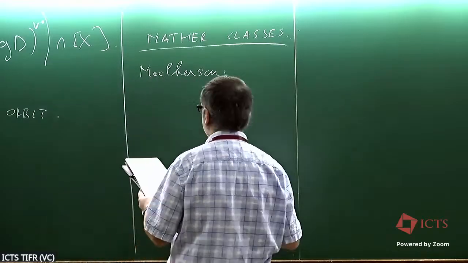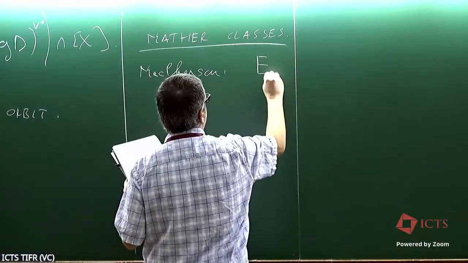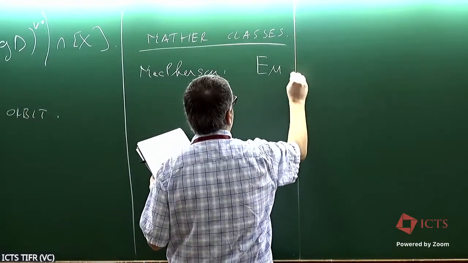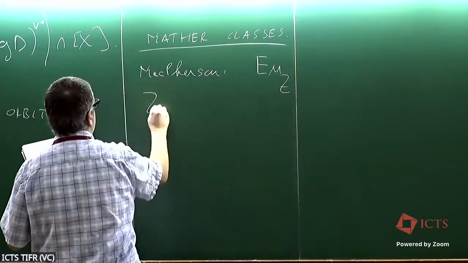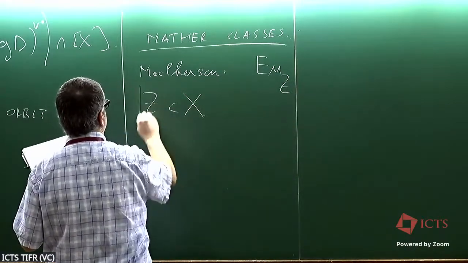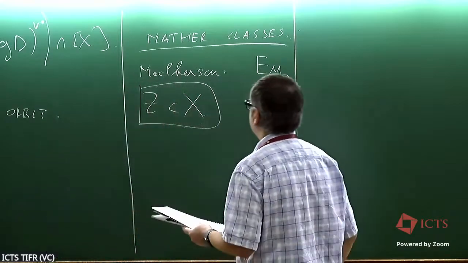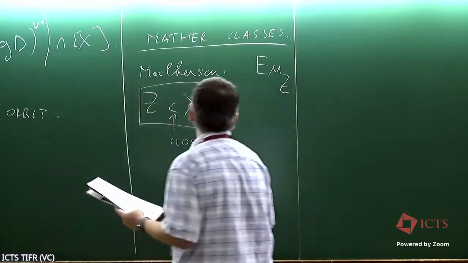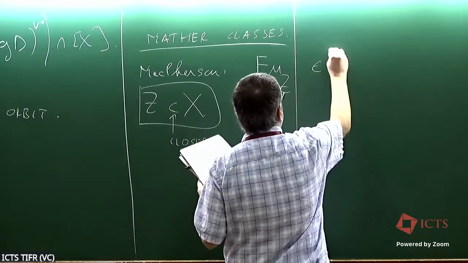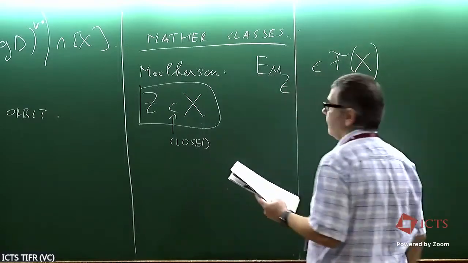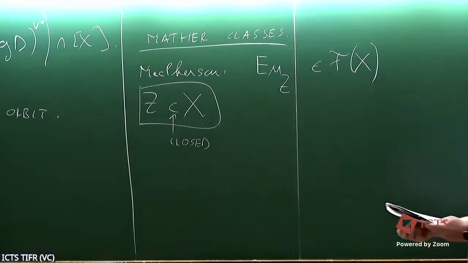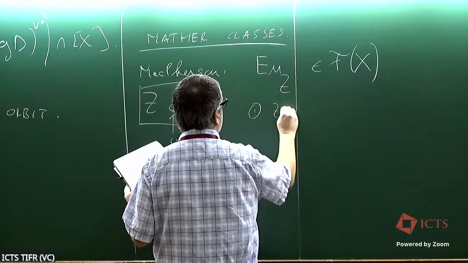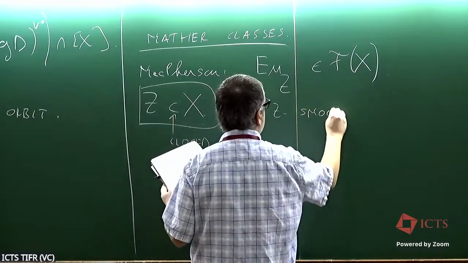Okay, so Macpherson actually defined a particular constructible function, which he called the local Euler obstruction. So this is some constructible function, Eu_Z. The setup is that you have some Z in X, and you want Z to be closed in X. So Eu of Z is going to be some constructible function in there. And this constructible function has some properties. They don't determine the function, but just to get an idea of what this is.